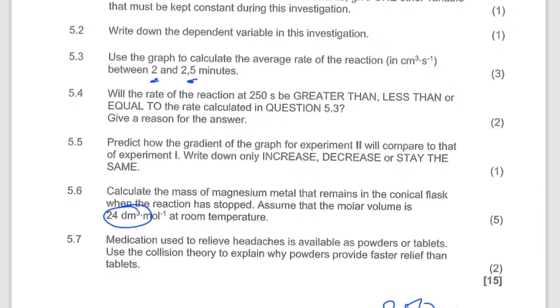So the first thing you need to do is to calculate the mass of magnesium metal that remains in the conical flask when the reaction has stopped. Assume that the molar volume is this. All right, now you come here and then you look